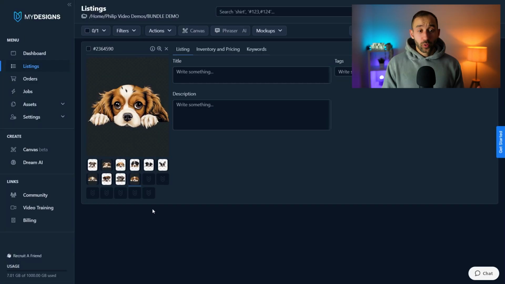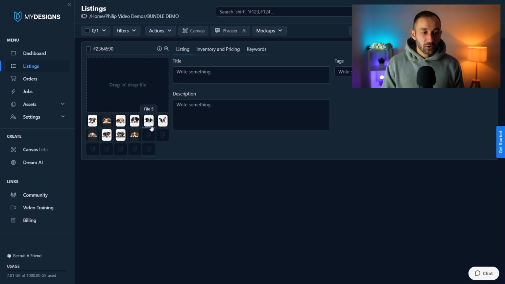One quick thing to note here, if you've got more than 10 files for your bundle, still upload the first 10 or some of the best looking graphics for the mockups essentially into these 10 file slots, but then you will also want to add a zip file for your entire bundle. So if you've got 40, 50 or even hundreds of different digital downloads, then just upload the zip file into this file slot instead,